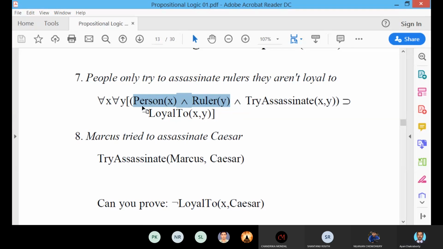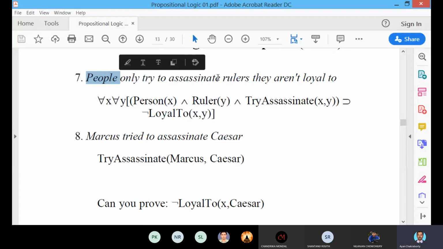Okay. So as you can see, first we have represented these two predicates, people and rulers. People only try to assassinate rulers they are not loyal to.